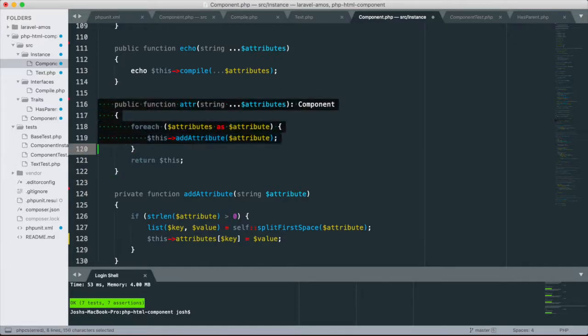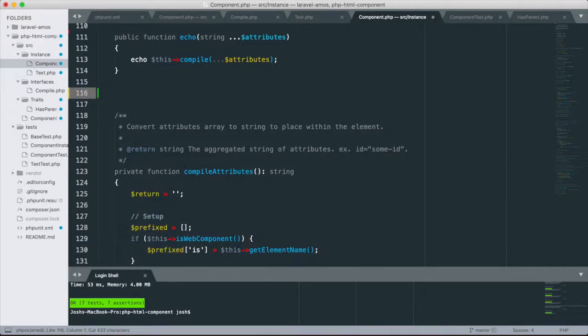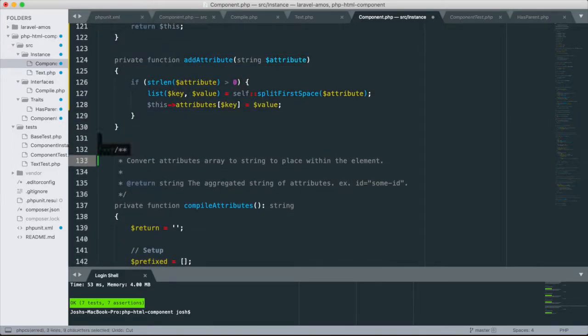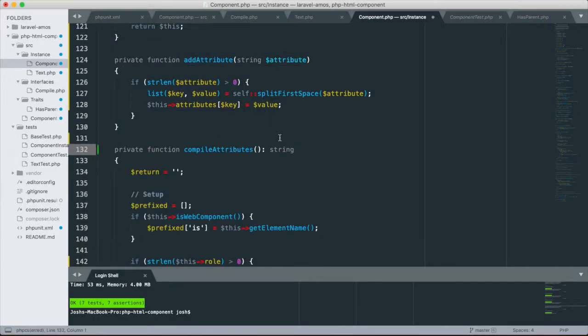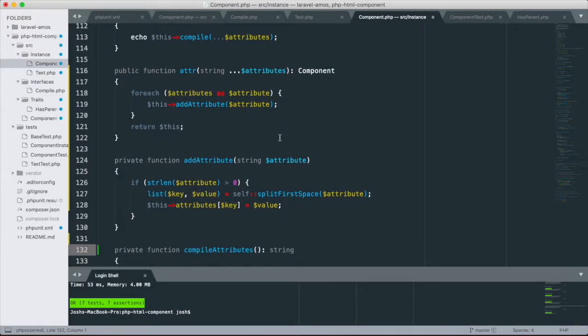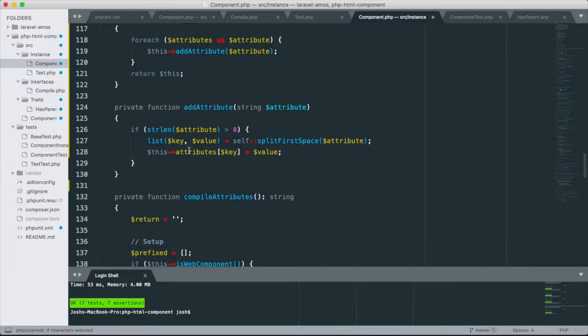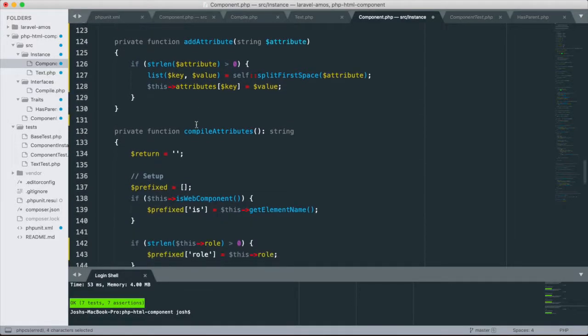So we have the public and private attributes. So let's go ahead and, I'm going to grab that one too, right? And so each one of these does sort of a specific thing, right? So basically, ATTR is a shorthand of add attribute, which basically will create a keyed array in the instance, and so that's sort of how stuff gets in there. And then compiling the attributes,